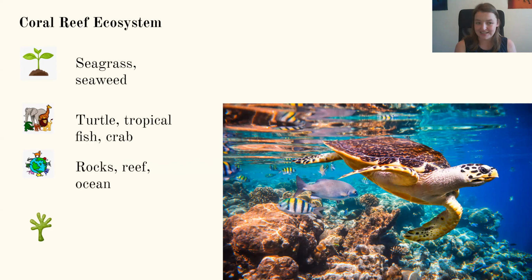The habitats that I could see were the rocks, where some of the crabs and the fish were swimming. There's the reef itself, the whole area. And then there was the ocean, the blue in the background, where I think there might be that shark. I think it's that one over there. But we'll see. And finally,